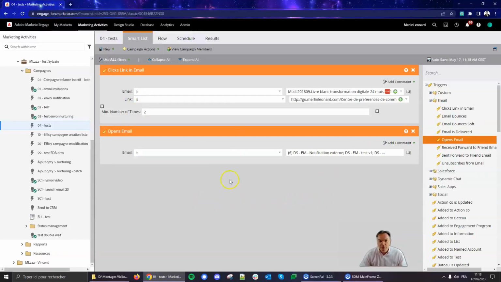We don't recommend piling up too many, because it can be hard to maintain or to read for your colleague. Just a quick note here, Marketo has just announced that we will have another screen to do that, which will allow us to do this graphically, with boxes and arrows. So it will be easier for people who are starting with Marketo to create their first campaign.